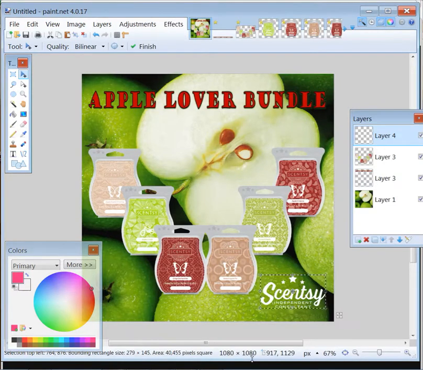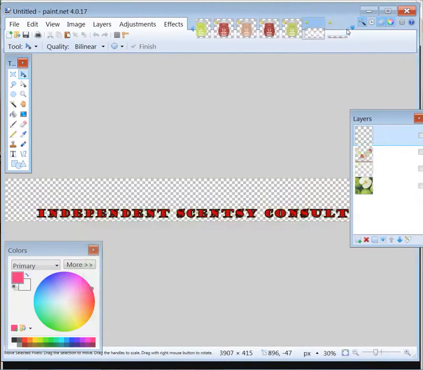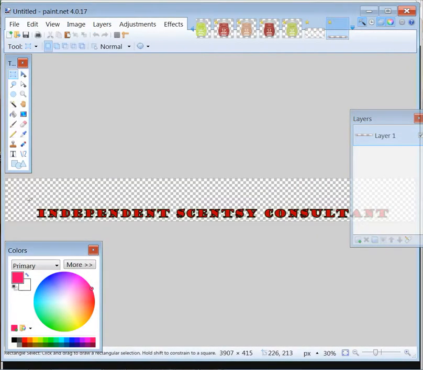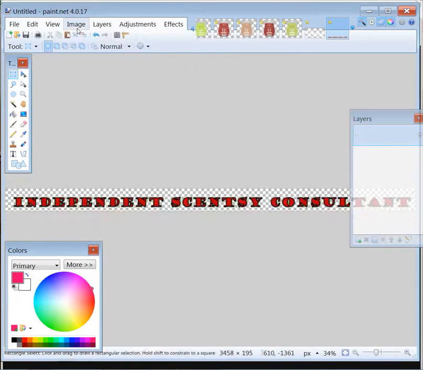sometimes I just don't use the Scentsy logo because it's too much of a pain to get all of the rules perfect, and there's always going to be somebody that doesn't agree that you got the rules perfect. So we're going to go ahead and delete that, and we're just going to put the Independent Scentsy Consultant writing on it. So I'm going to come in here and I'm going to crop this, and then I'm going to